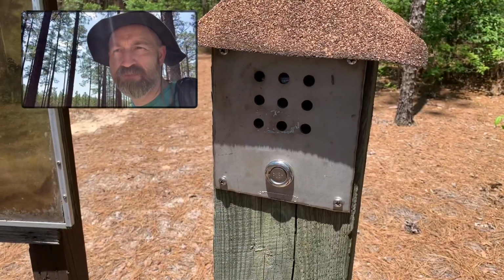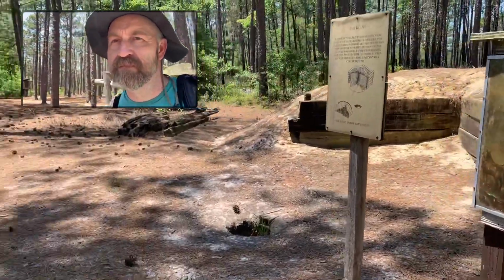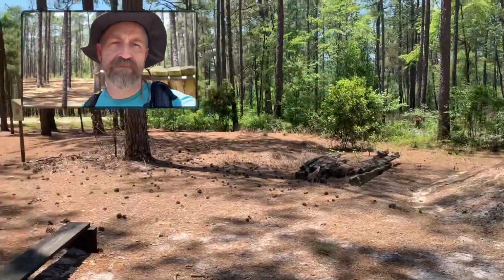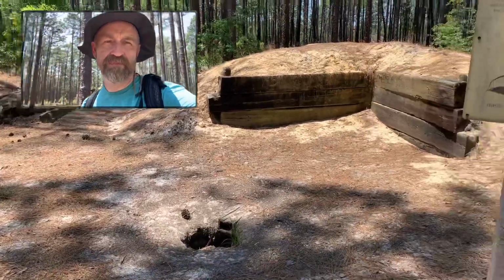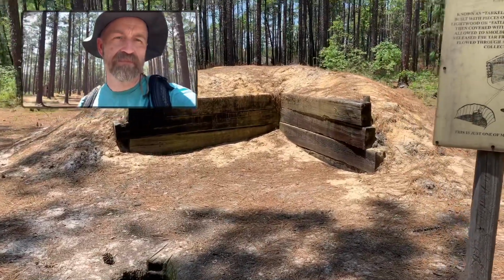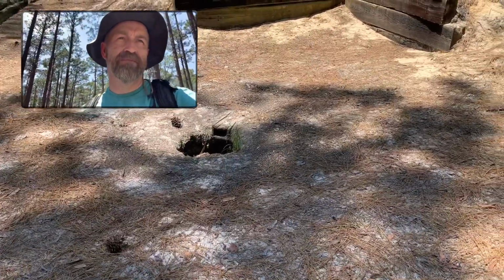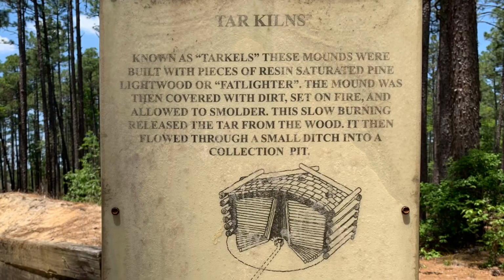In the midst of these longleaf pines, you will find the remnants of an early tar kiln to the left of our reconstructed model. This oven made of earth provided the tar and pitch, which were essential to the shipping industry. The tar kiln, more commonly known in this area as a charcoal, was generally 30 feet in diameter and 14 feet in height. Fat lightwood, which was resinous logs from dead longleaf pines, was stacked on a sloped clay